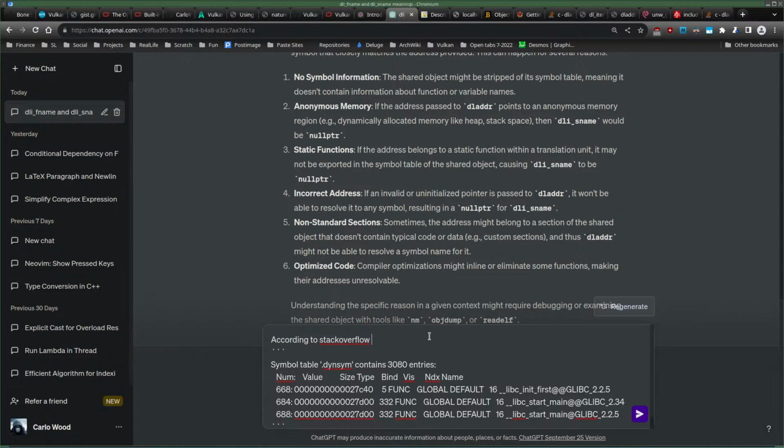I'm just learning. So I keep digging and testing things and trying things out, and I'm not really concerned with the time or the speed. As long as at the end of the day I learned a lot about symbol tables and dynamic stuff. So according to Stack Overflow,